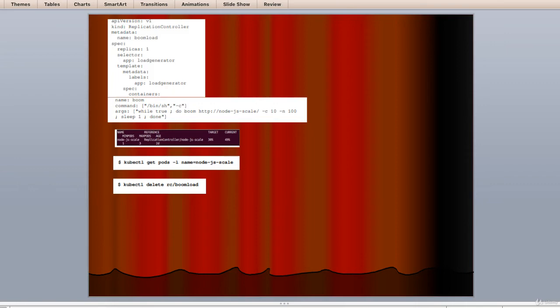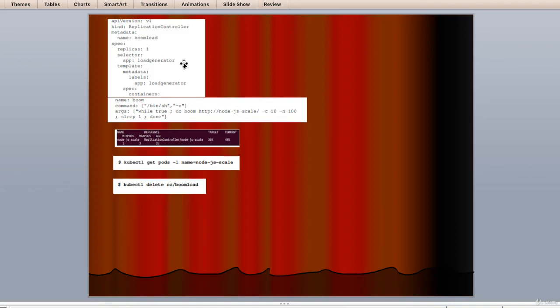We will use the popular Boom application common in many container demos. The following listing, as you can see on the screen right now, will help us create continuous load until we can hit the CPU threshold for autoscaler. Now this is the code you can refer to. It is self-explanatory, so I'm not taking much time explaining the code itself. This is boomload.yml. Now use the kubectl1 create -f command with the listing, and then be ready to start monitoring the